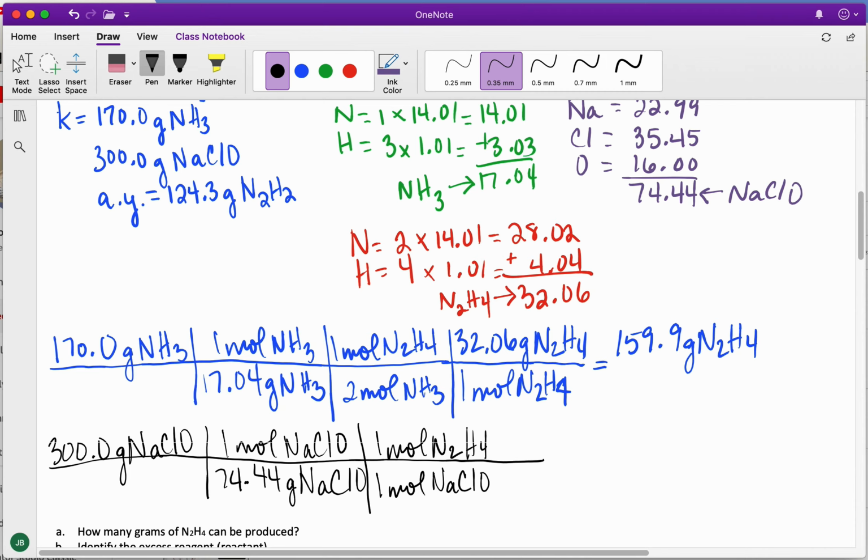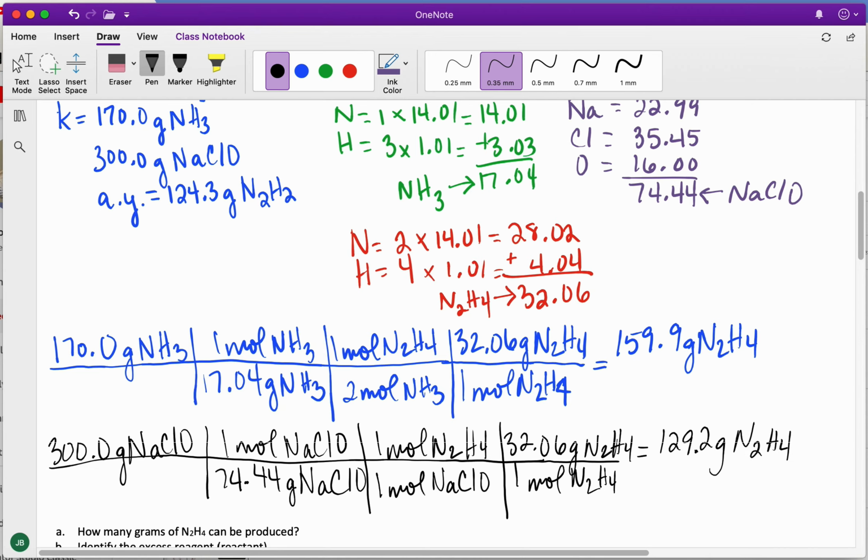Once again, our numbers are coming from our coefficients in our balanced equation. And next we're going to do the molar mass of N2H4. And that's 32.06 grams N2H4. Punch and crunch, and you're going to get 129.2 grams